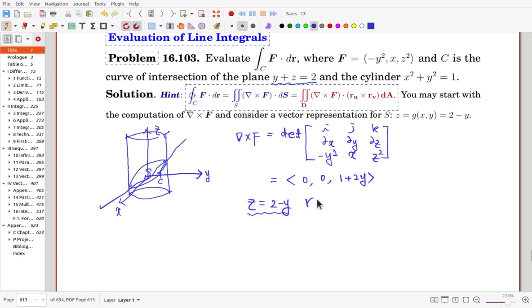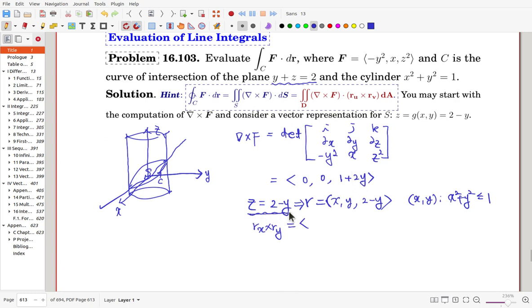Of course, here r must be x, y, and 2 minus y. And of course, here x and y must be inside the cylinder, so x squared plus y squared is bounded by 1. For that one, it's a special case, so r sub x cross r sub y must be